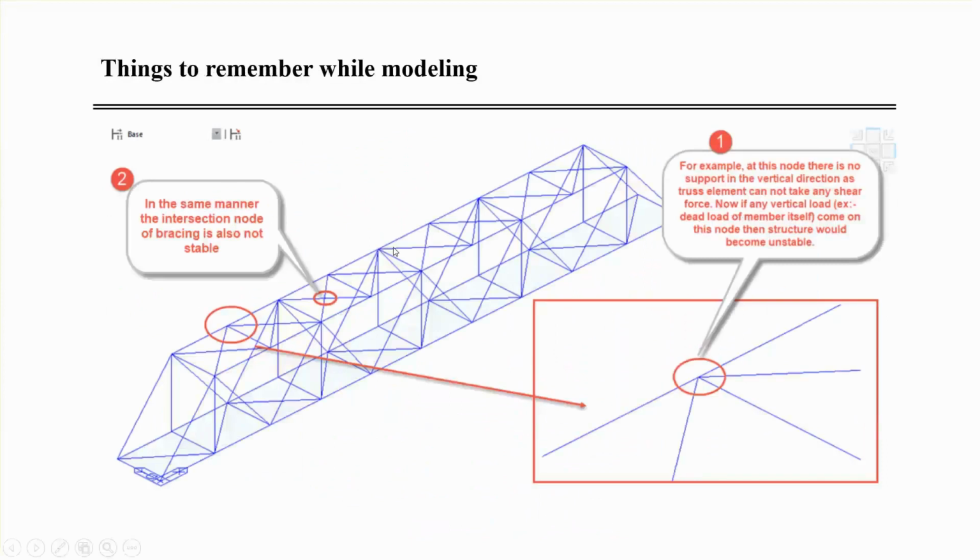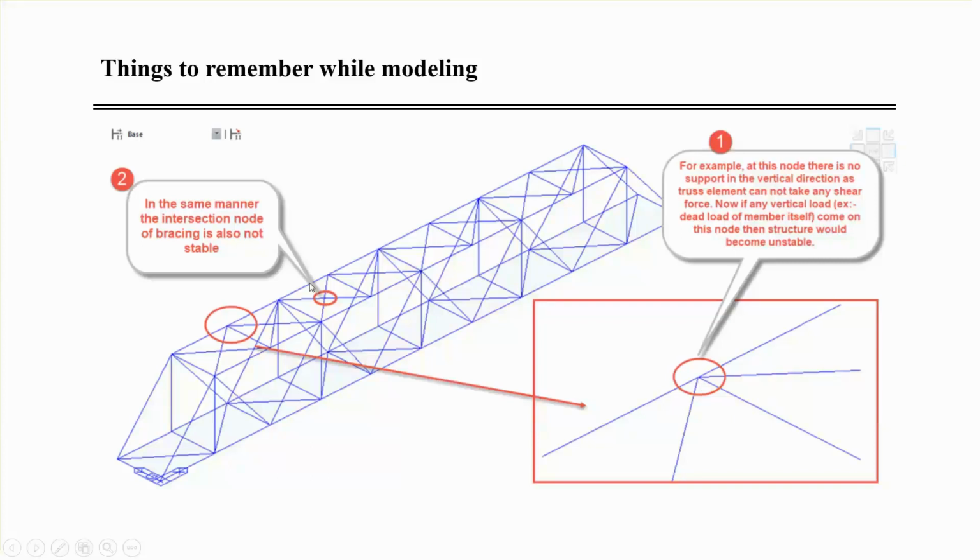Now let's take the example of this. At this location, these are bearings connected with the horizontal beam and the top chord. I have zoomed in on this condition. Here everything is intersected and proper beam and releases were not given. At such a location, there is no vertical support as well, right? Being a truss element, it will not take any shear force, even though there is a vertical load due to the dead load of the member itself. So at this location, you may get the singularity warnings.